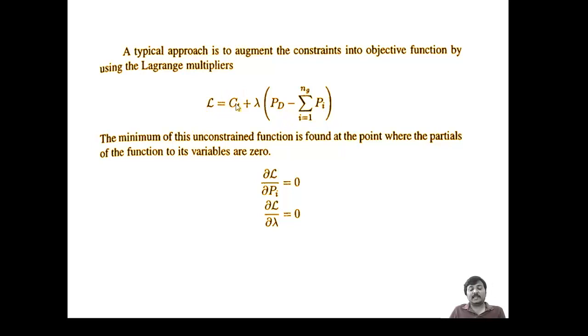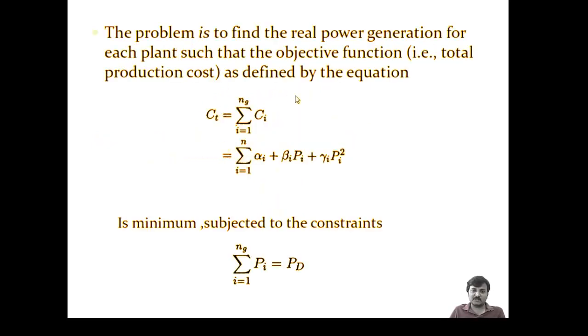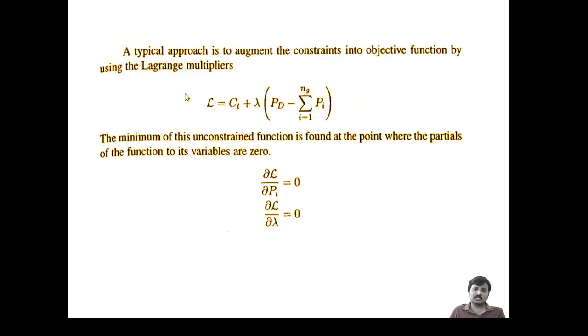So the Lagrange function L is equal to Ct plus lambda times (Pd minus the sum of Pi). The minimum of this unconstrained function, this is only the function, there is no constraint. Previously we had the function with the constraint. Now we have converted this constrained function to an unconstrained function by using the Lagrange multiplier method. With this unconstrained function, to get the minimum value, the minimum is found at the